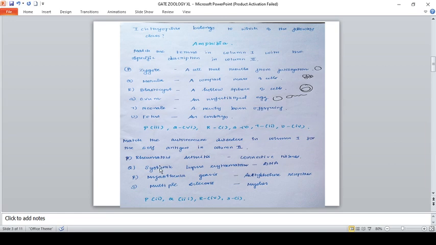Next thing, match the autoimmune disorder in column 1 with the self-antigen in column 2. Rheumatoid arthritis and all these are types of autoimmune disorders, and the self-antigen for rheumatoid arthritis is connective tissue. For systemic lupus erythematosus, the antibodies are produced against the DNA itself. Myasthenia gravis self-antigen is the acetylcholine receptor. Multiple sclerosis is the myelin sheath.